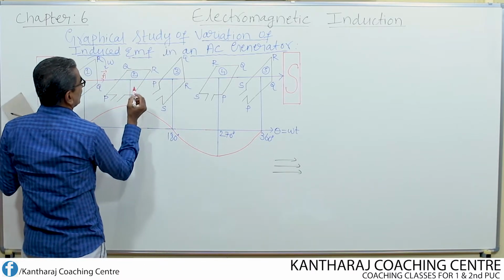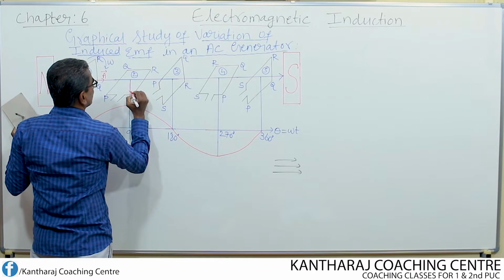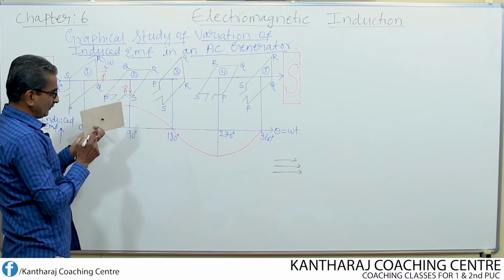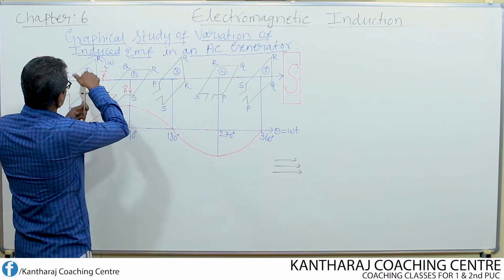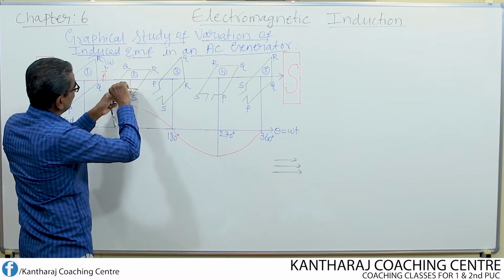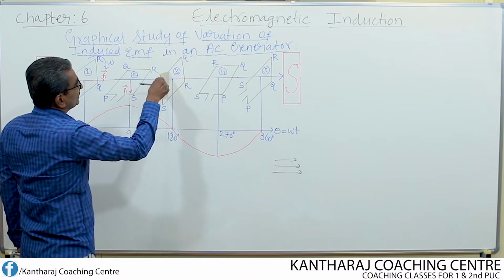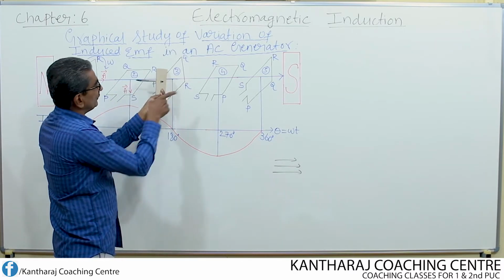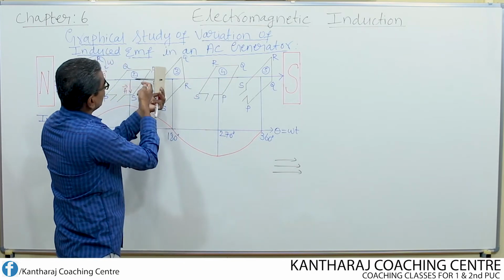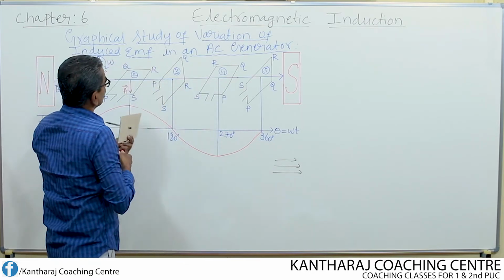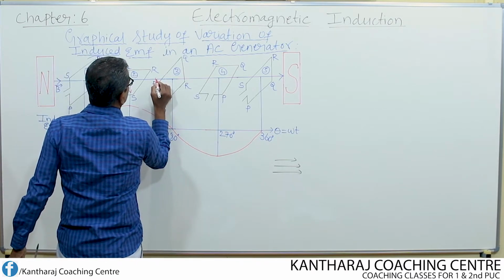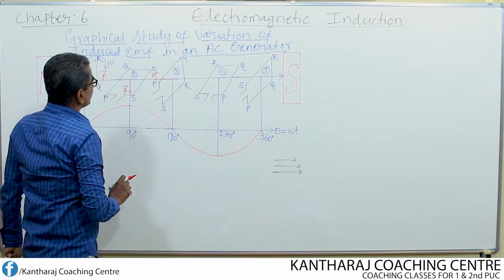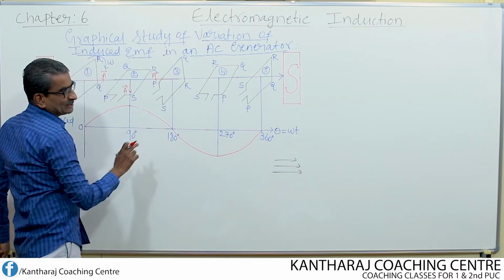So let us represent this. So this is nothing but the area vector. So the area vector is perpendicular to the magnetic field. Next, 0, 90, then 180. Once again, now the area vector is parallel to the magnetic field, but it is opposite to the magnetic field. If the magnetic field is directed like this towards the south pole, the area vector is directed towards the north pole. So let us write this also. So this is nothing but the area vector direction. So totally 0, 90, 180 is over.